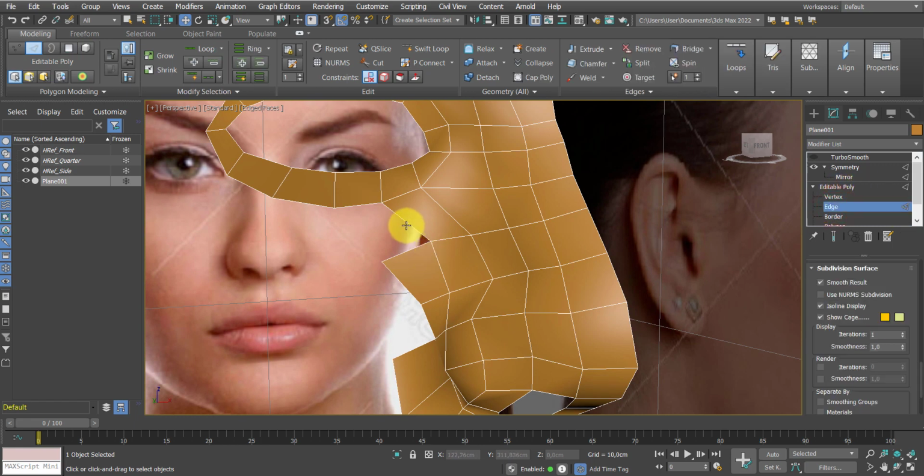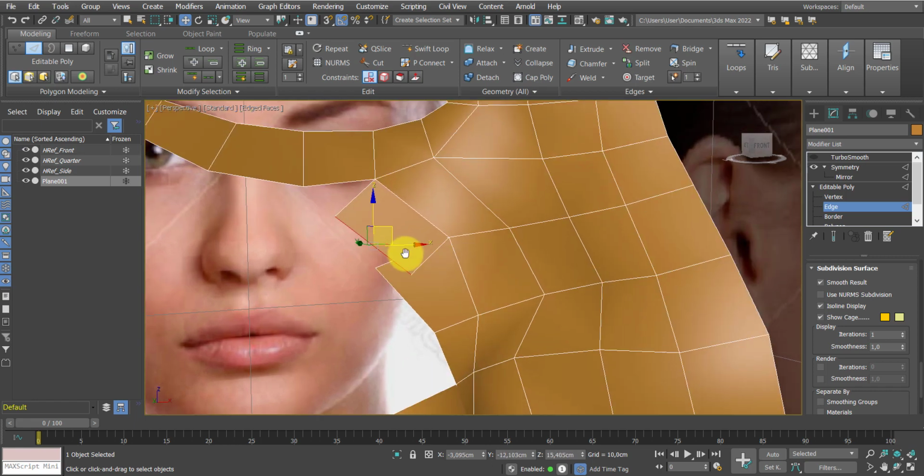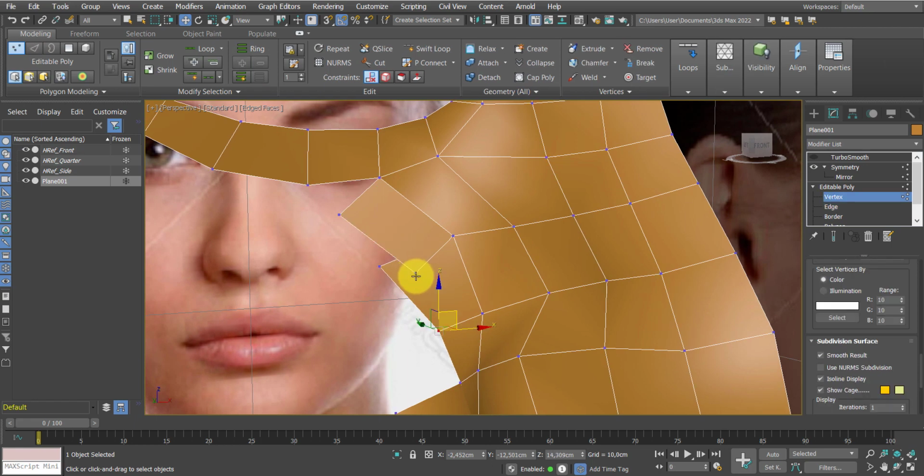So edge, drag it here, shift and drag. We have a polygon, but it won't be placed like this. It will be placed like, let me go back to shift and drag. It will be placed and welded in a different manner, because this point, yes, this will be welded here, but this one won't be welded there. So let me target weld the points,